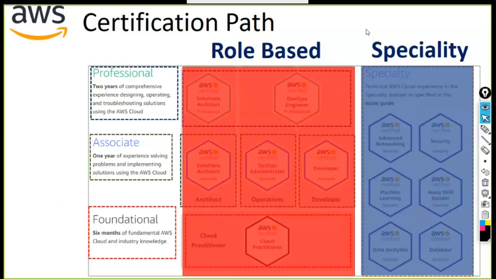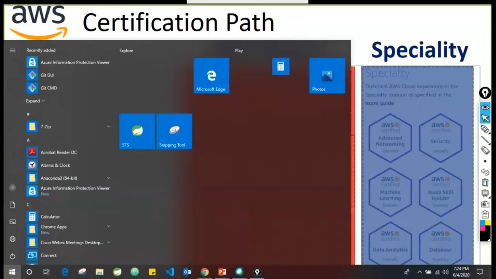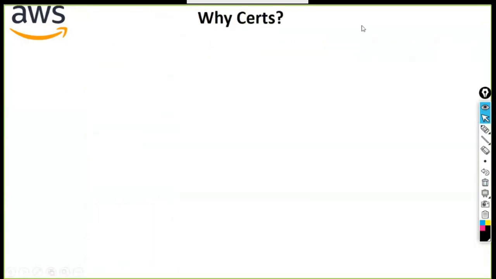So shall we move on to the next slide? I guess yes, of course we can move. It's almost 7:24. So any other queries? We are still connected on the group, so you can throw your queries there, and we'll try to come up with different responses, because others can also contribute. It's not only Sabari who needs to contribute. I can see 1 or 2 people who are already into AWS, experienced guys with 5 years and 3 years of experience. They will also contribute, and you can also contribute. People who are in the learning process can also contribute to the group, so that we can learn things much faster.